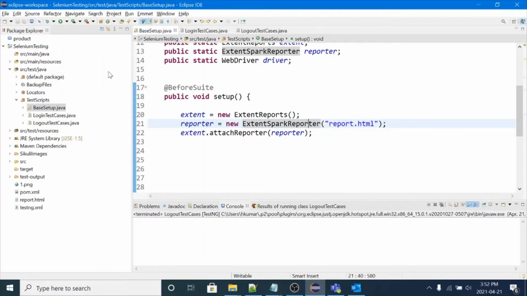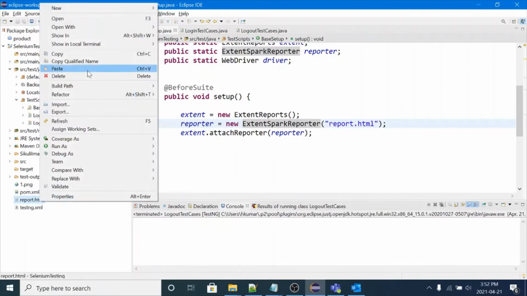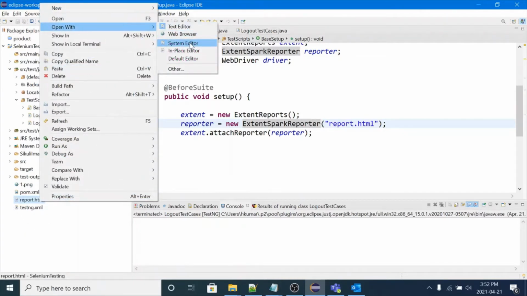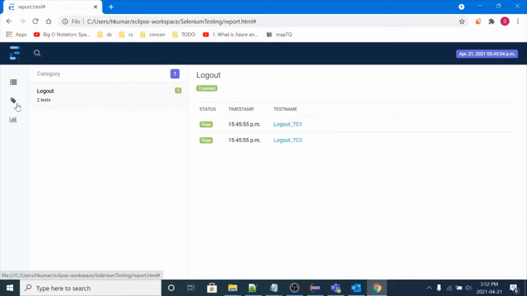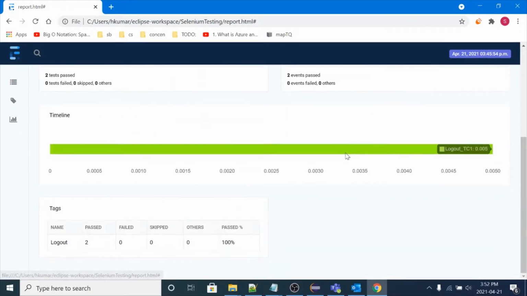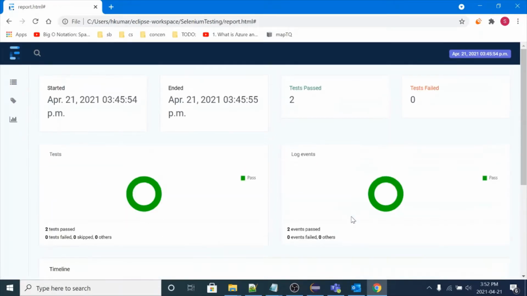This is your last execution report.html. Let me open this report, and I will show you. In this report, we are not having any information regarding system or operating system version and what is the Java version or username. And if I click here or click here, we are not having any information about our system.